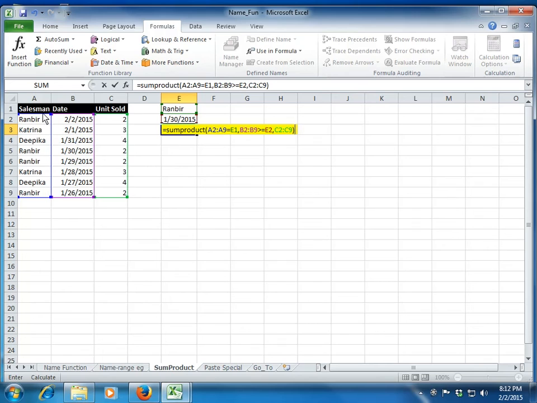that will give you 0. So if the condition is not true as per specified by us, it will give you a value 0. Even if one of the conditions is not met, the value will be 0. But if both the conditions are met, that is both of these arrays have true, that is 1, it will throw up an answer for us. That's how a sum product with a condition works.